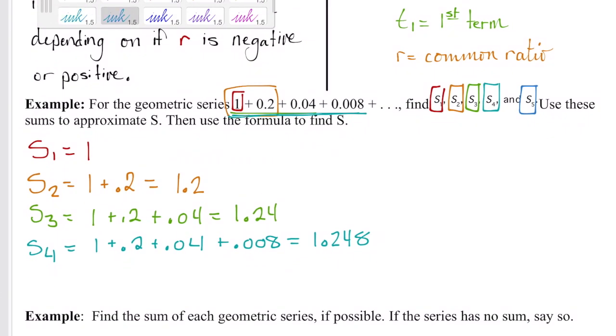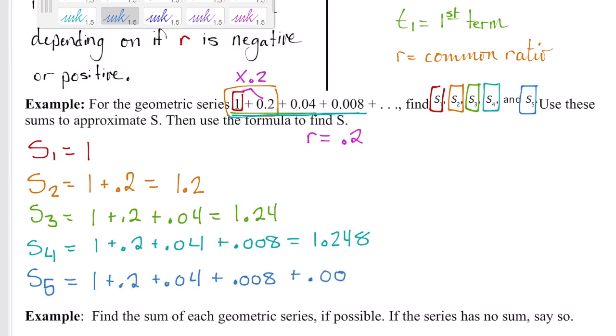And then lastly, before I really take a look at what's happening, I'm going to do the fifth term. I don't know what the fifth term is, though, so I'm going to figure out what the pattern is and then just continue that pattern. So here, in order to get from 1 to 0.2, pretty easy, I would have to multiply by 0.2. So I know my ratio is 0.2, or just .2. I'm lazy, I don't write the 0, sorry. And so my next term, if I'm writing this out, would be 0.0016. And when I add that together, I end up with